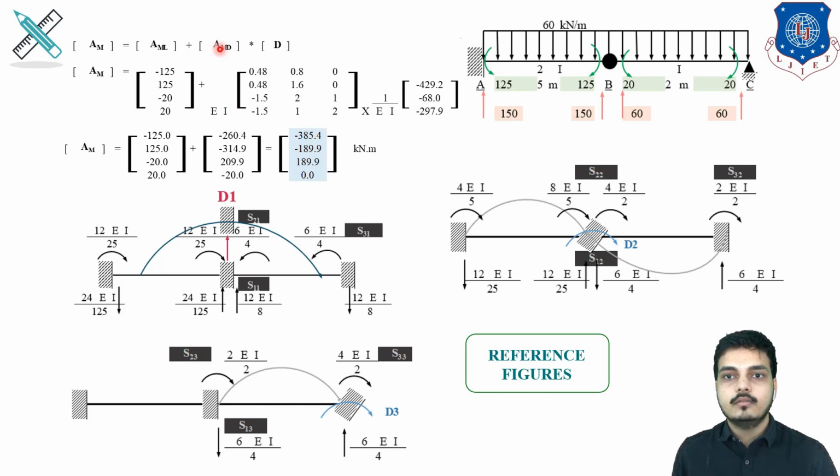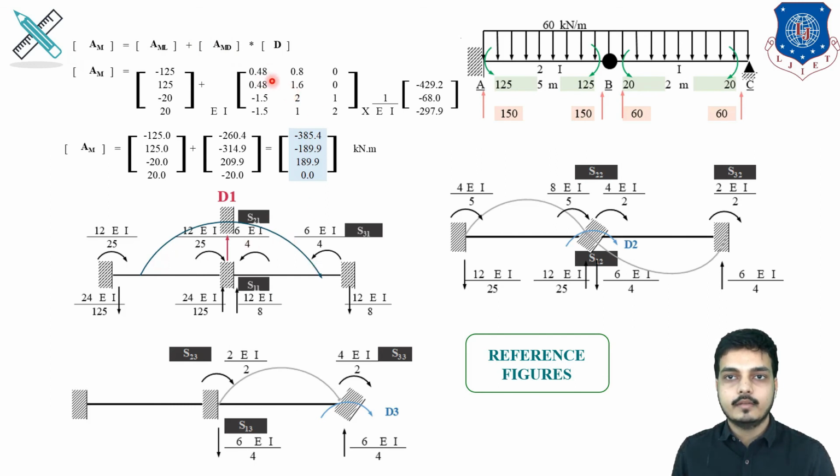For AMD, figure number 1 is over here. Just take a moment. This is clockwise, clockwise, so positive, positive. 12 by 25 is nothing but 0.48 plus 0.48. 6 by 4 in anti-clockwise direction, so minus 1.5 and minus 1.5. Look, I have used moment only because AMD is moment due to displacement. M stands for moment, so we are keeping it as a moment. In the previous steps, to find out S, we had to keep the unknowns in reaction and moment format. But in this equation, we will be following the given format that AM is for moment.